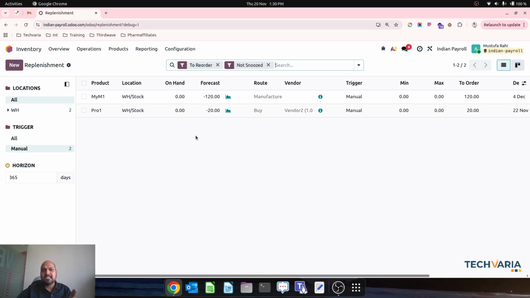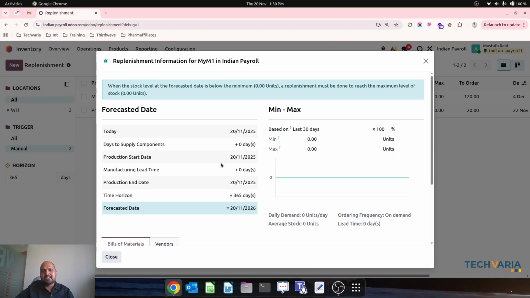If I reload, then it shows that I have 120 units of forecasted demand and 20 units of another forecasted demand, where one is going to be produced and another one is going to be purchased, and everything gives an insight into how I should plan. And this window is very important for you to understand. If today is 20th of November and the time to supply components is 0 days because my manufacturing lead time is 0,